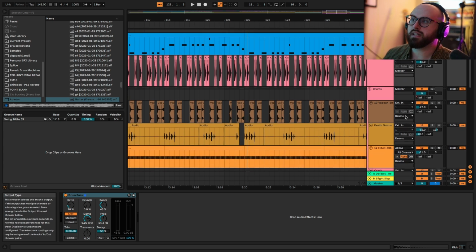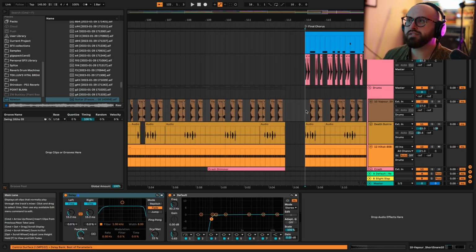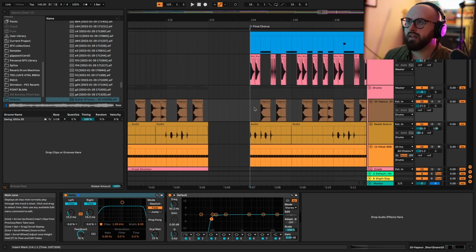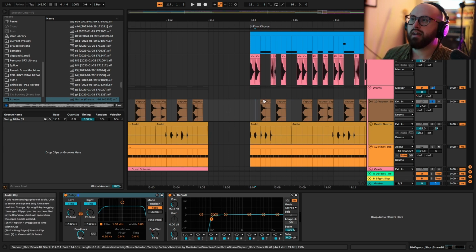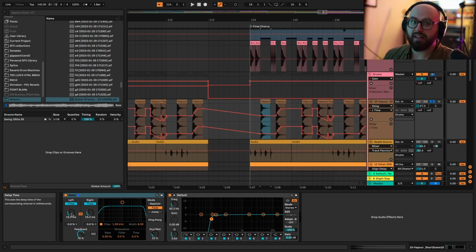Another aspect of the drums that I think is worth pointing out, there's a couple, is the snare. So I'm just using a sample from my library, but I am running a delay on it that is set to only 23% wet, a pretty high feedback at 78%. And then I'm running it in time mode. And specifically, what I think makes it sound compelling is that I am automating the time so that we really hear that motion